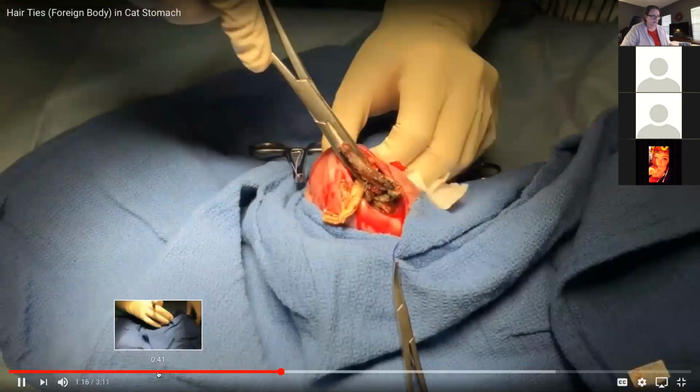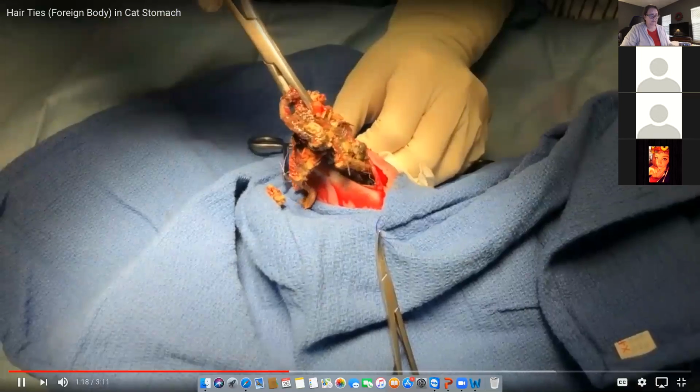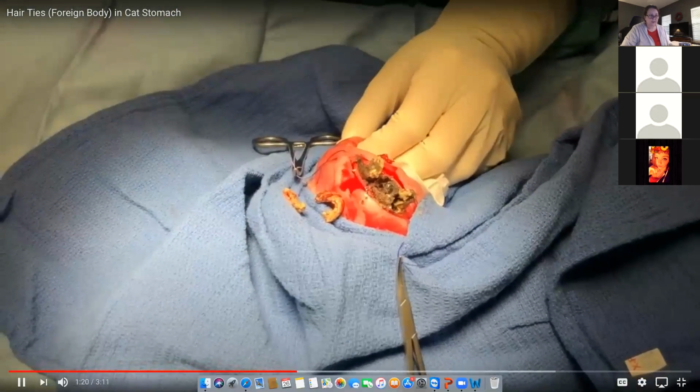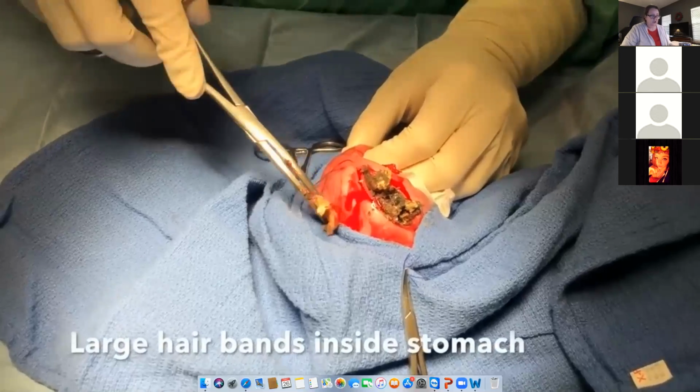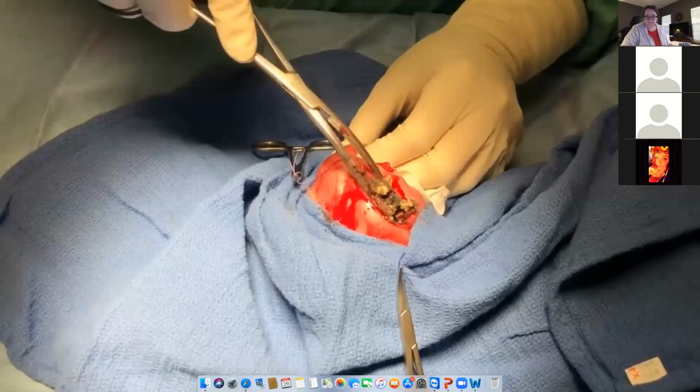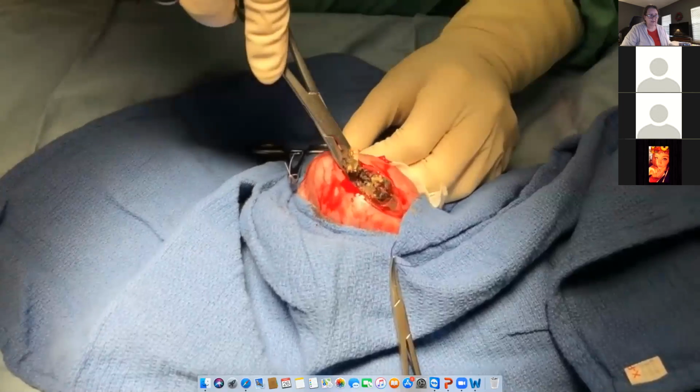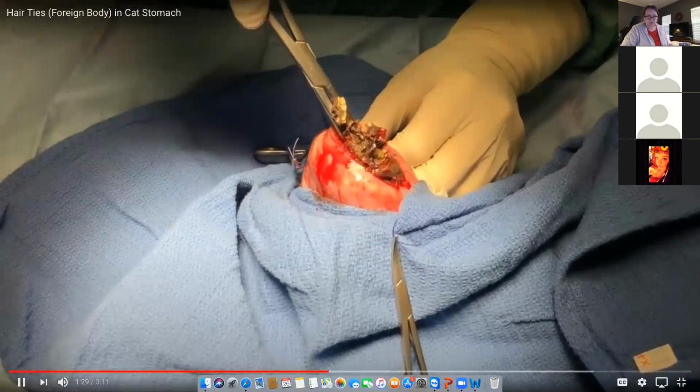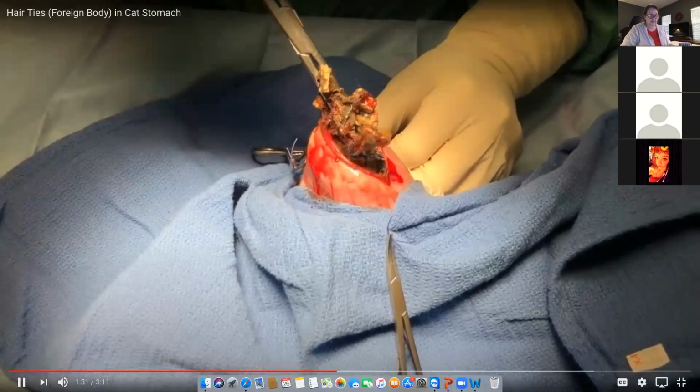How many times have you seen your cat play with a hair tie? I have a cat that plays with hair ties. Thankfully, she's never eaten them, but some cats do. Now, cats have a lower incidence of foreign bodies than dogs do, but